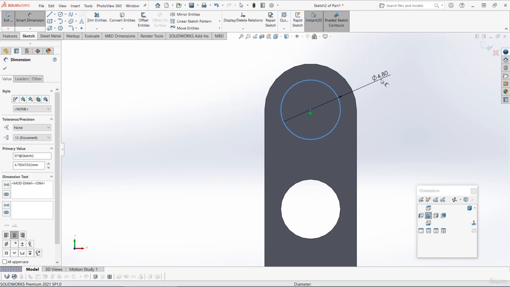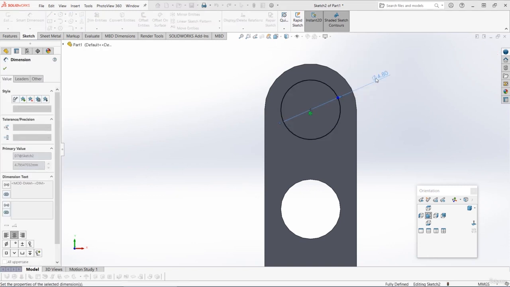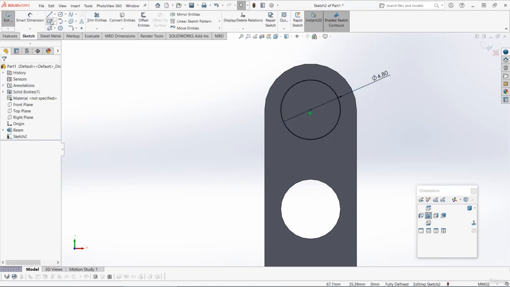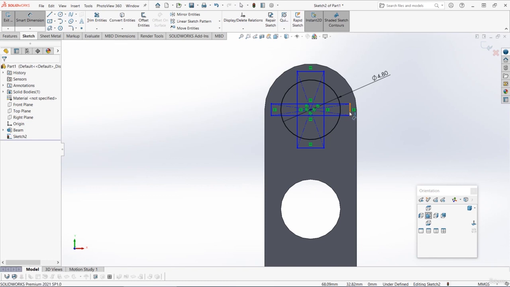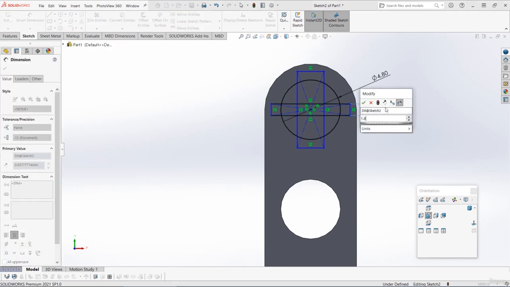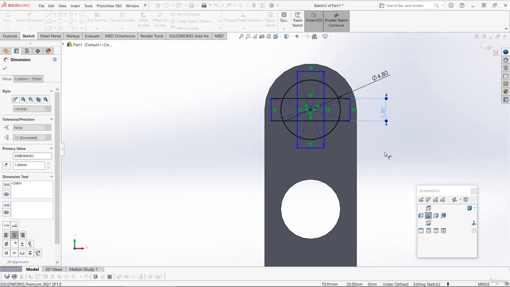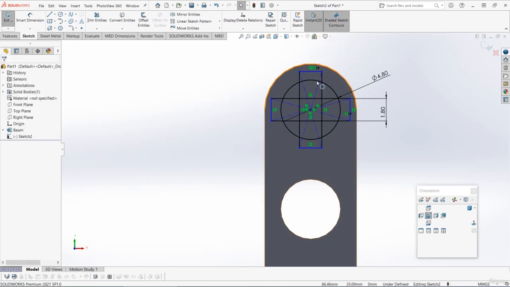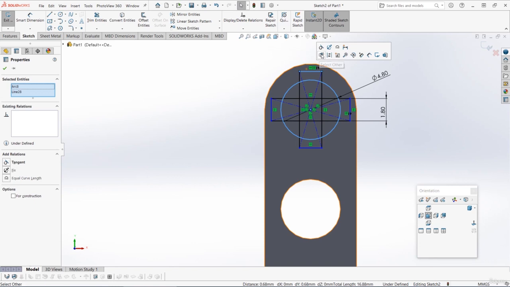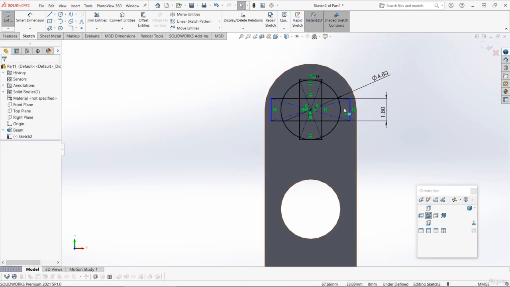So firstly, I'm going to get the circle tool. I'm going to draw a circle which is concentric with the end of the beam here and set that to 4.8 diameter. Then I'm going to use the center rectangle to create those two center rectangles. I'm going to set the size as 1.8. I'm going to make both small edges of the rectangle the same size by using the equal relation. And then I'm going to set the length of the rectangle by making those small edges tangent with the edge